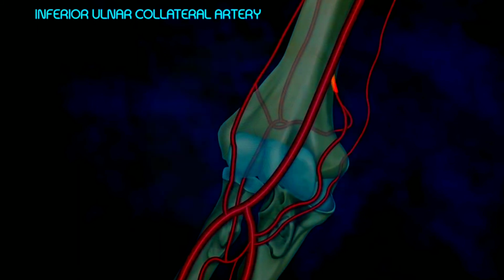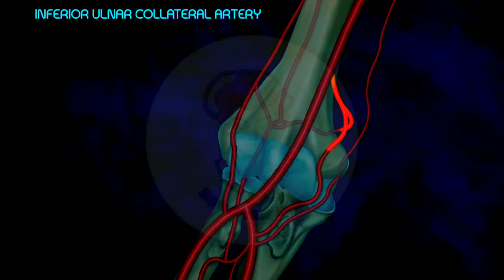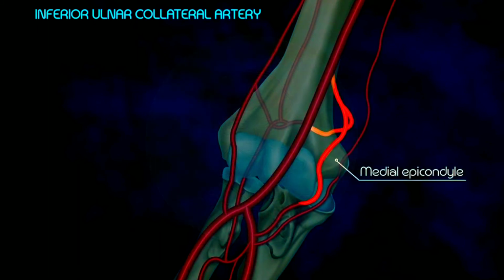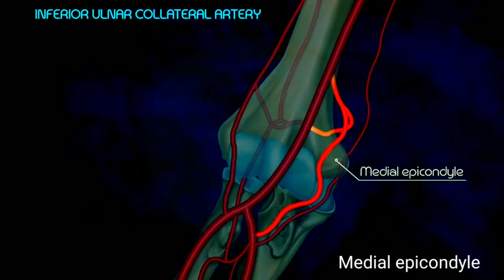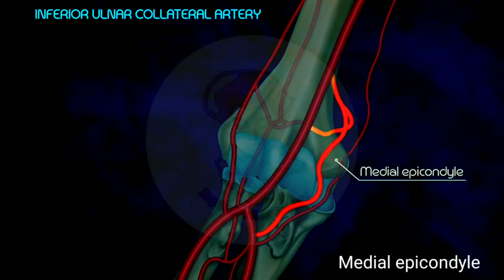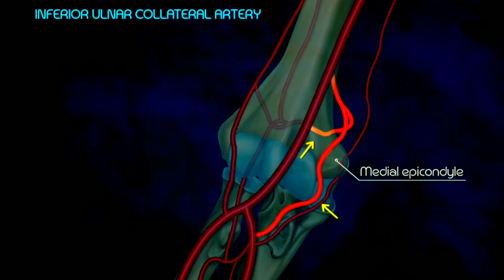Now, inferior ulnar collateral artery. This artery descends anterior to the medial condyle and also takes part in anastomosis around the elbow after dividing into the anterior and